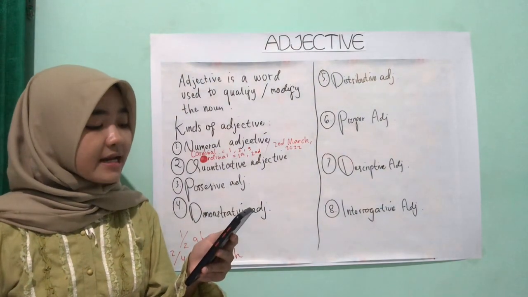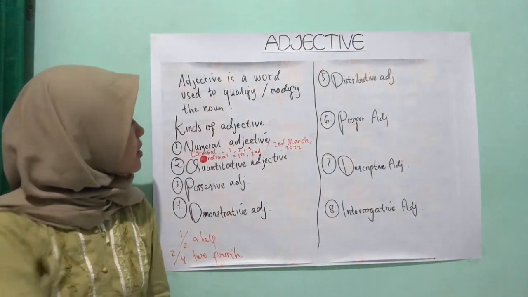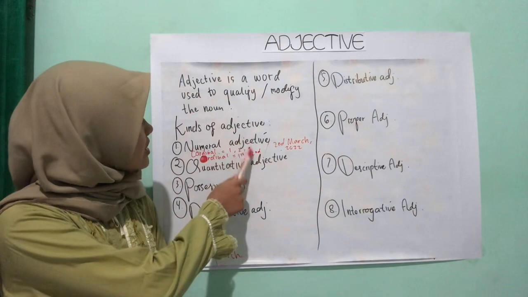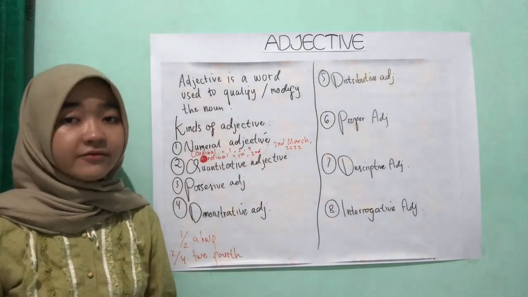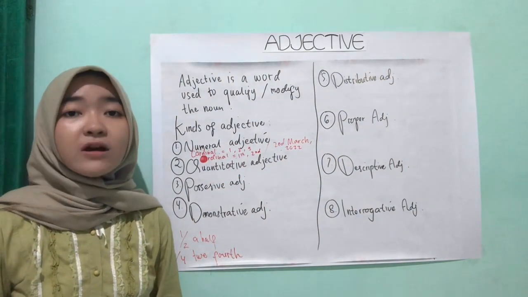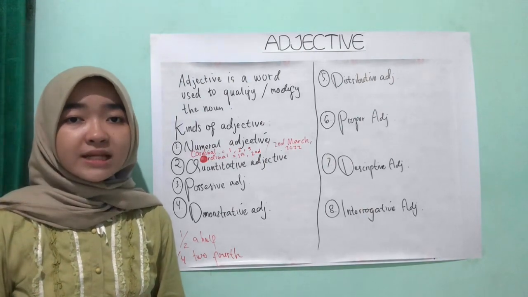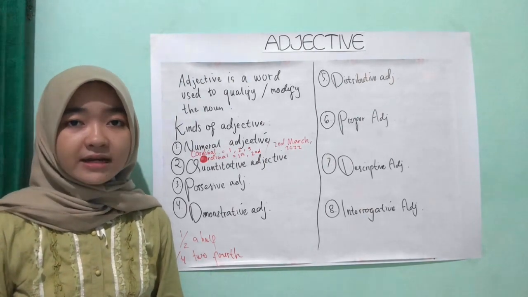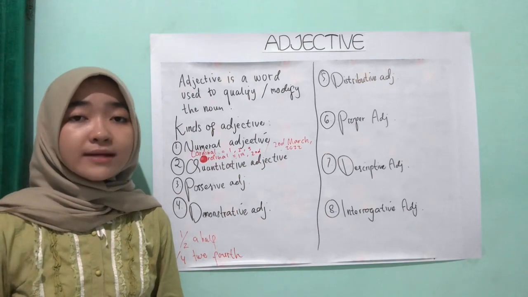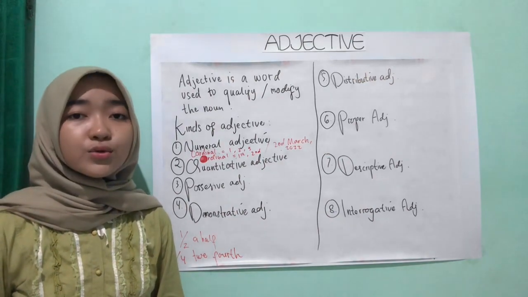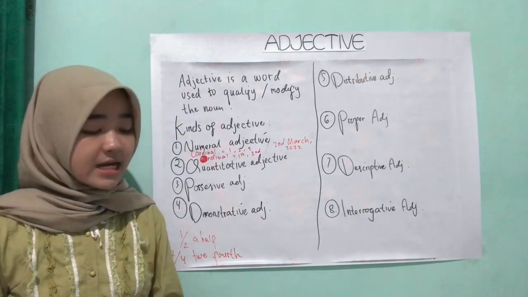Number 1, cardinal number. It contains 1, 2, 3, 4, 5, and so forth. The position of cardinal number must be before the noun modified. For example, 1 book, 2 dictionaries. Number 2,